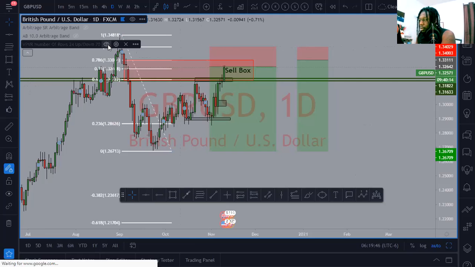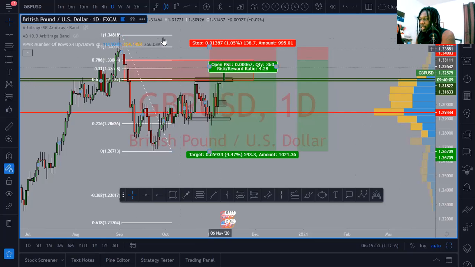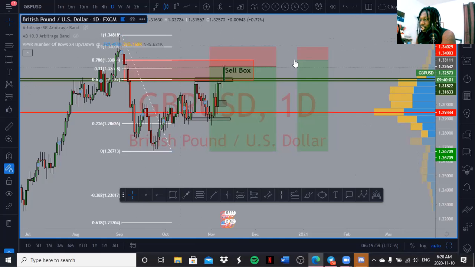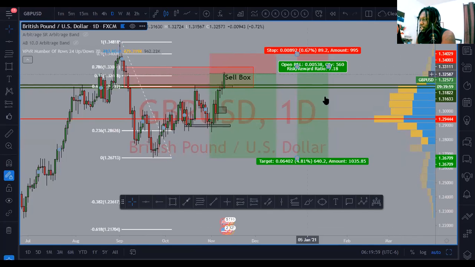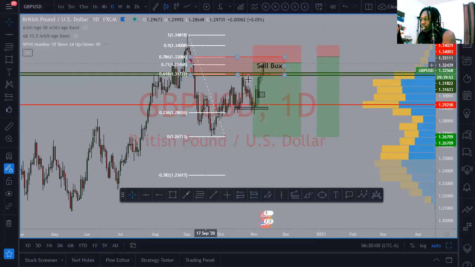So volume, yeah, there's really not much volume up here, but price can definitely still come up and grab this very little volume and then end up dropping. Yeah, the 78.6 move looks a lot better because your risk to reward does shrink immensely, but still, I'm going to go ahead and get into this position because this was a trade that I was even looking at from like how many weeks ago, from when it came to the 61.8, literally bounced off of there,